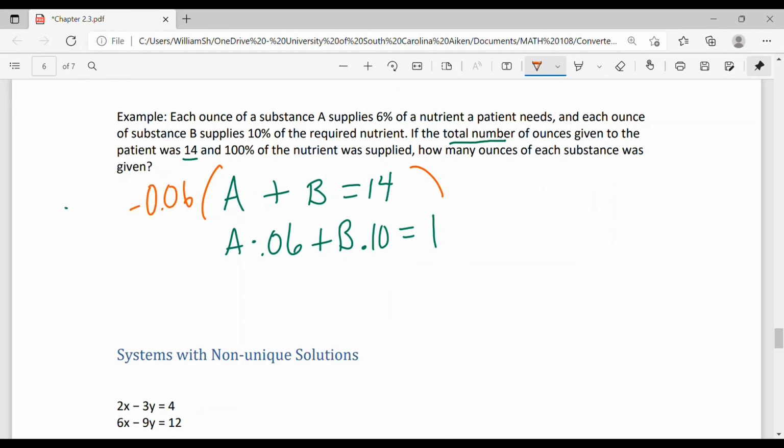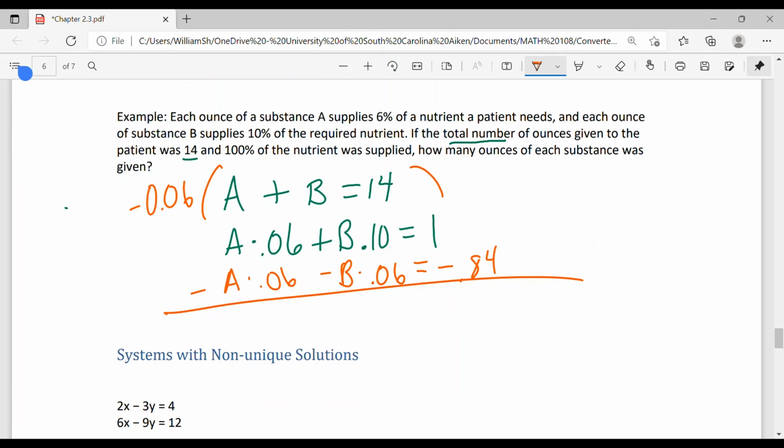And what that's going to give me here is negative A times 0.06 minus B times 0.06 equals, I have to come over here and multiply 14 times 0.06 as well, and it will be negative, so 14 times 0.06 gives me negative 0.84, so that if I add these together,